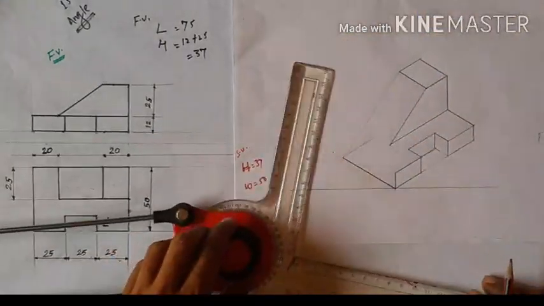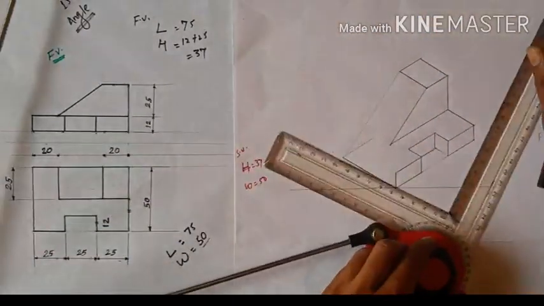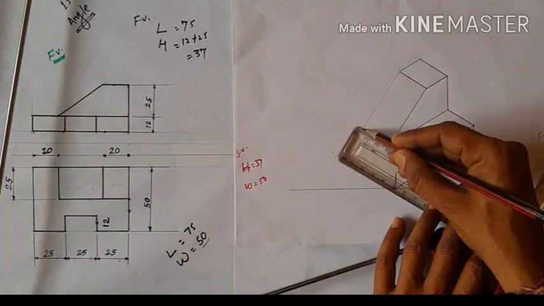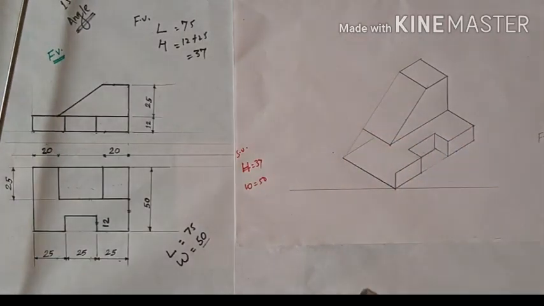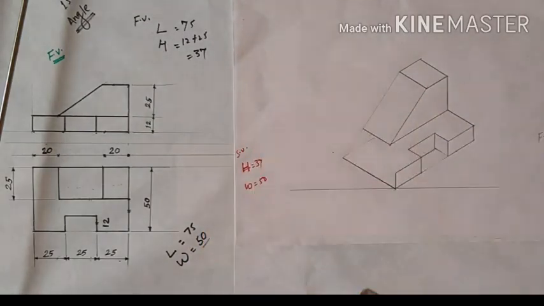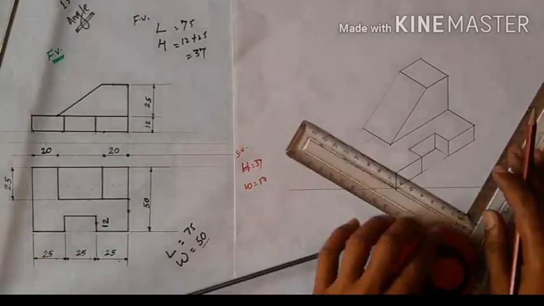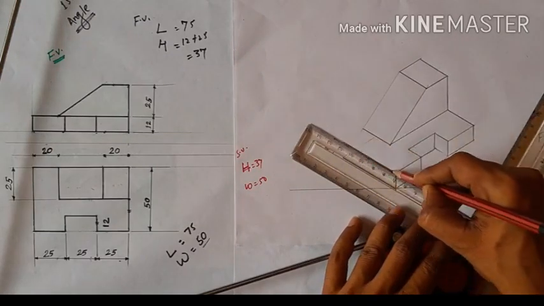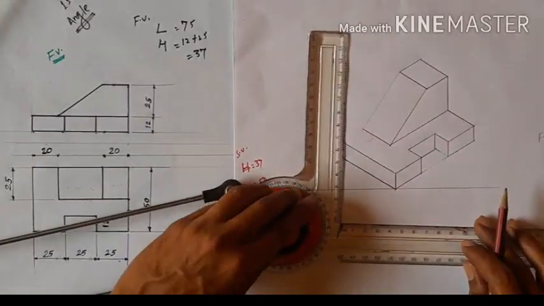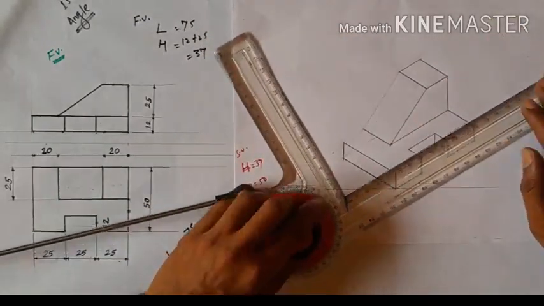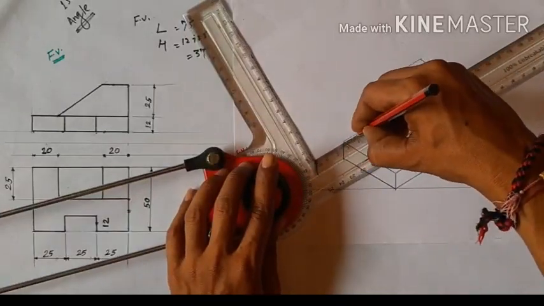Okay, like this. And now parallel to this we just join a line like this. Okay, and erase this extra, like this. And now we again need to draw a 50 mm line from here, like this, and now join these two because we have no side view, and now again join these two so they can make a single line like this.